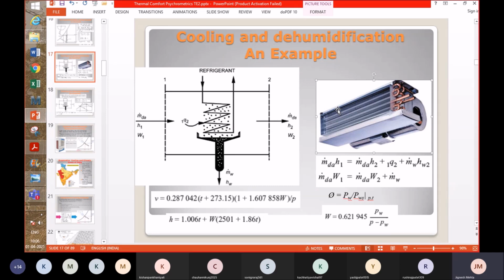And most of the times, say in this type of season or for the months to come, April, May, June, July, the process that is undergone by the air when you use your domestic air conditioners, or even when you go to some restaurants or other malls, etc., is cooling and dehumidification.